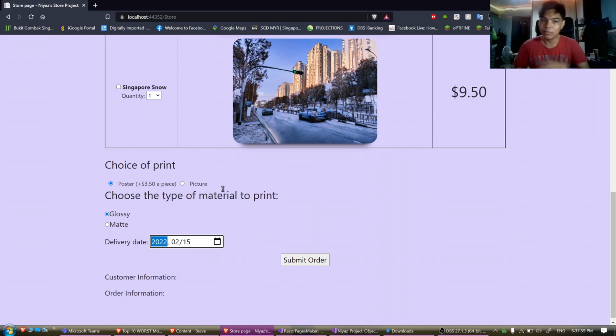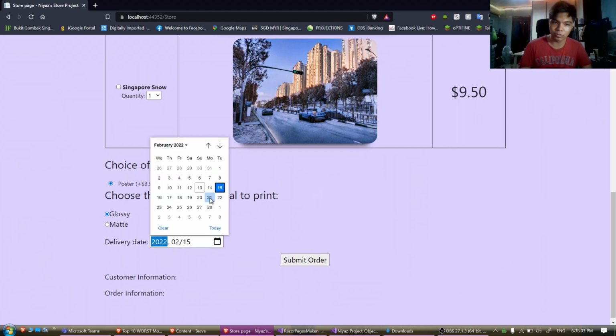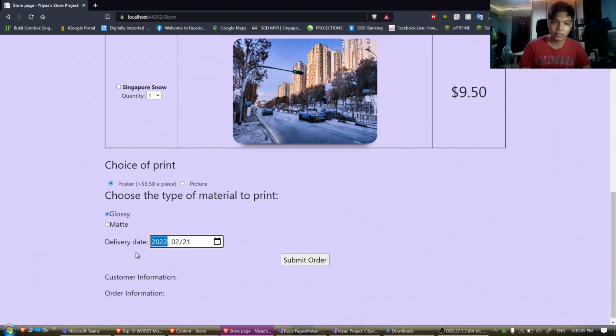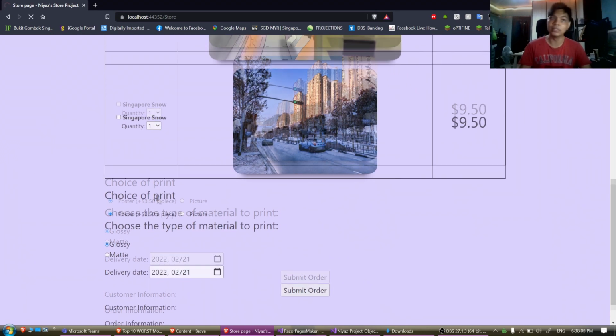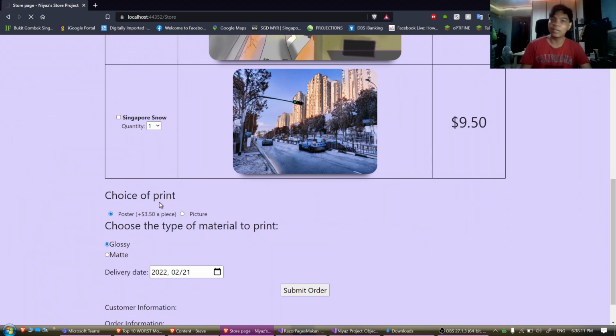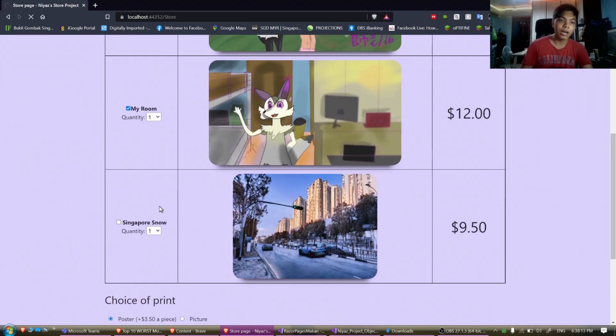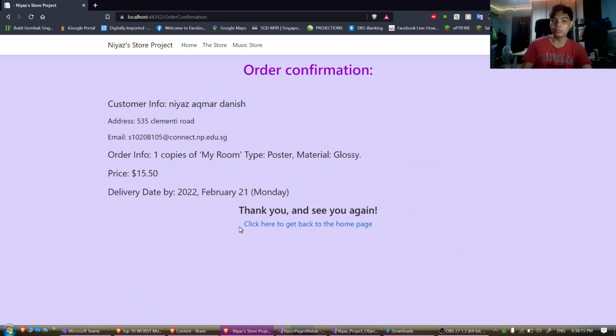Yes, it needs to be at least 2 days in advance. So let's just choose the 21st. Yes, it's on, and then submit order. It takes a while, but it should go through. And here's the customer info. The address is 535